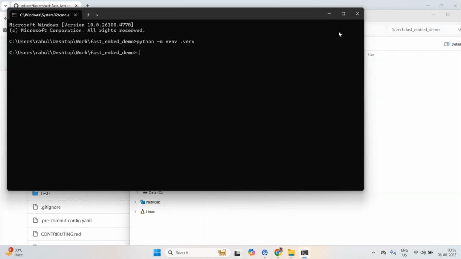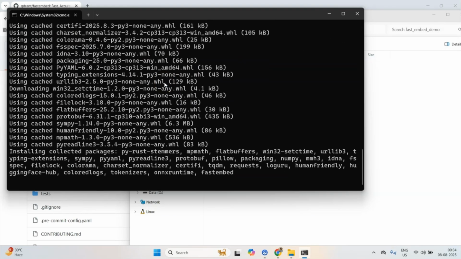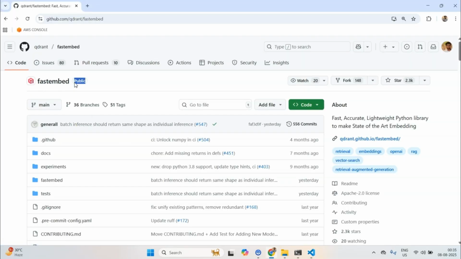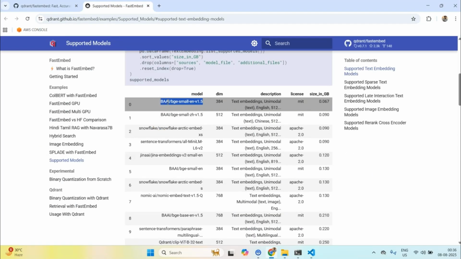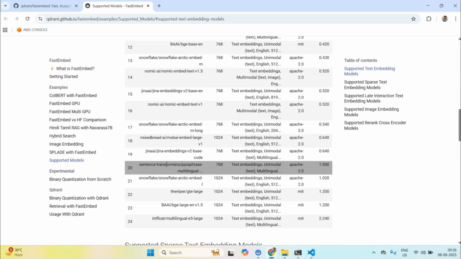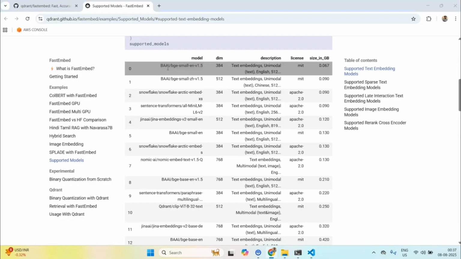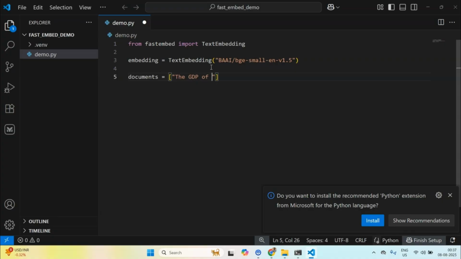Hey everyone, welcome to this new video in which we are going to be discussing FastEmbed, which is a very fast library to produce embeddings for your text data, image data, or any kind of data that you might be having. Now this library is really nice for those folks who are low on budget, who don't want to spend, not in terms of money but in terms of time, to produce embeddings using packages like PyTorch or TensorFlow.